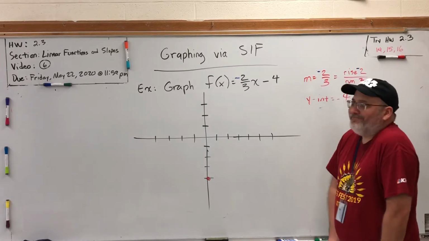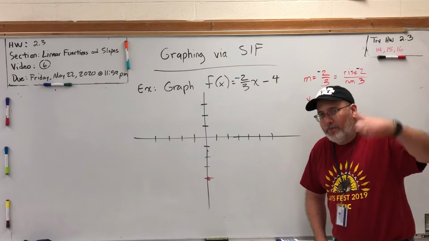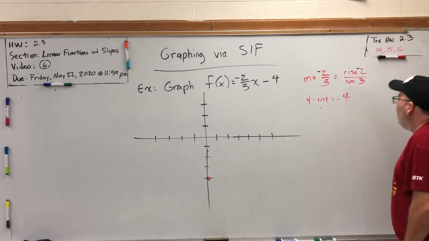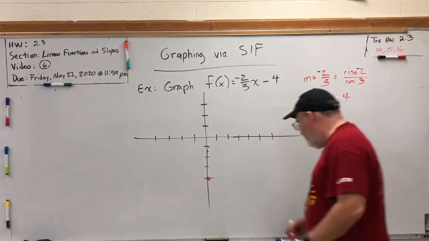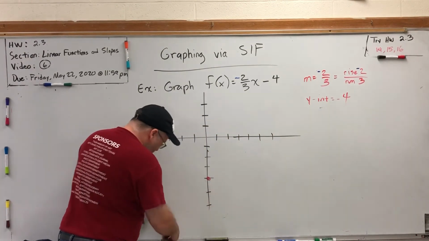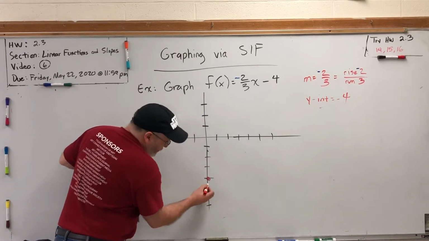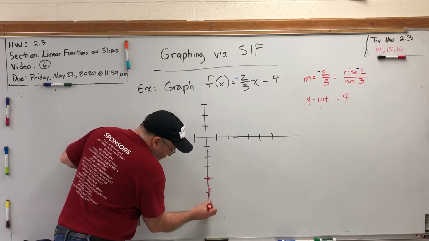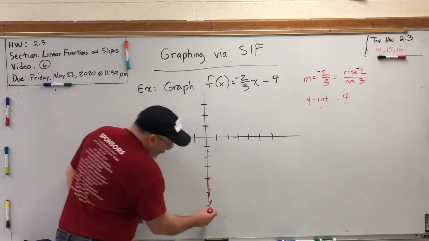It's kind of a misnomer, if you will. When you rise negative 2, you're not really going up, you're going down. Another way to think of this is go negative 2 in the y direction. So negative 2 in the y direction would not go up, it would go down. So with a negative slope, if you give the negative to the rise, that means you're going to go down, not up. So here, if we rise negative 2 and then run 3,